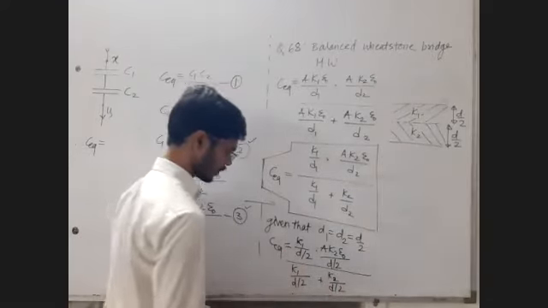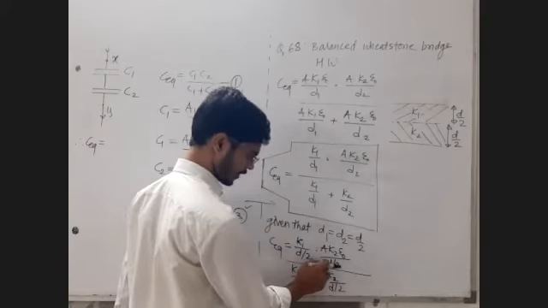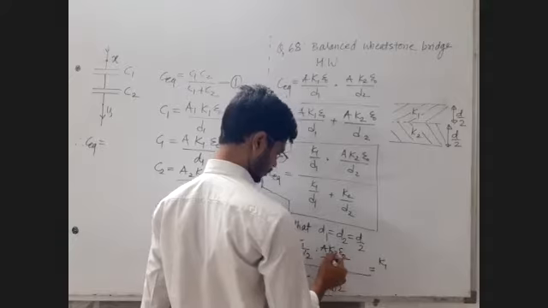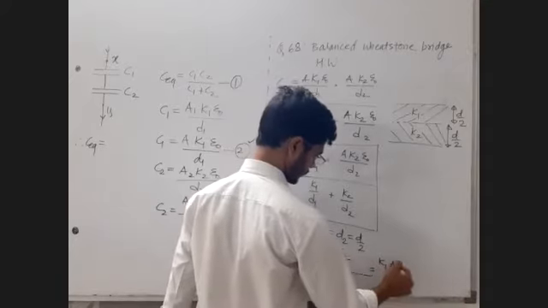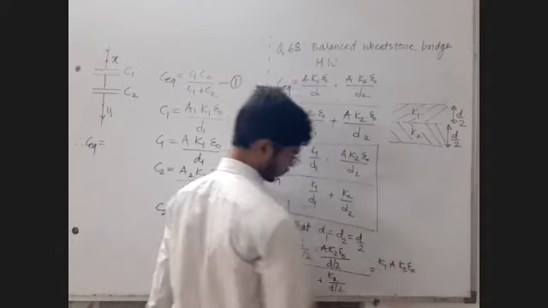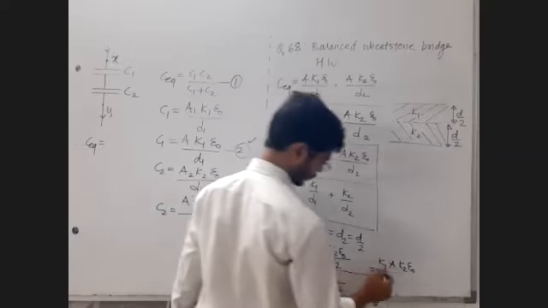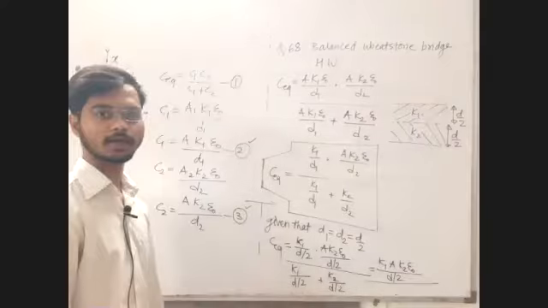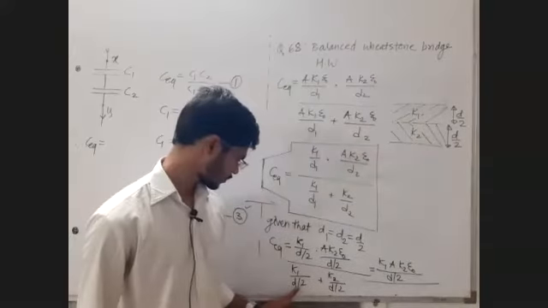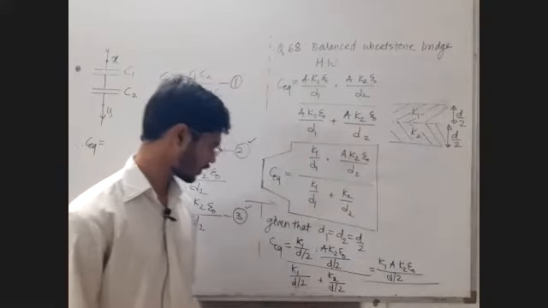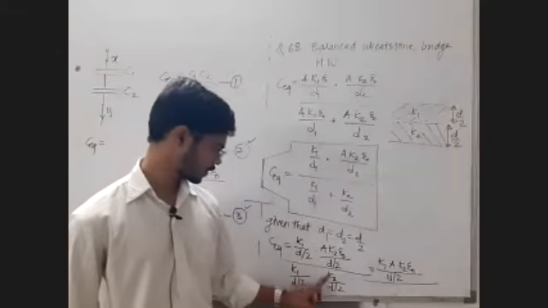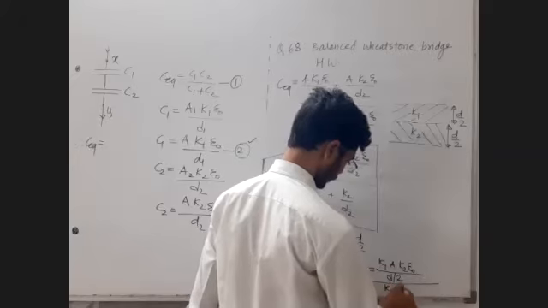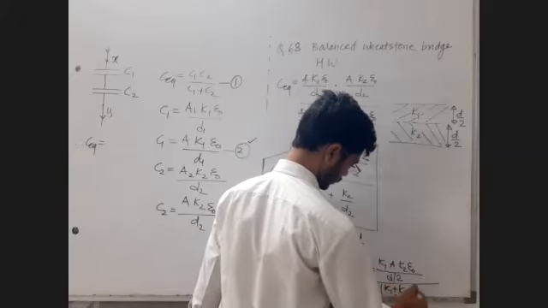So it will cancel with one, and the d by 2 remains as it is. So K1 as it is, this A K2 epsilon 0 as it is, this d by 2 in the denominator as it is, divided by K1, and 1 upon d by 2 is already common. So what remains is K1 plus K2 in the final denominator.